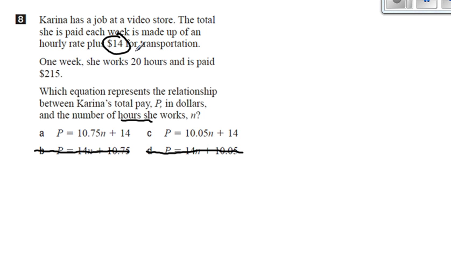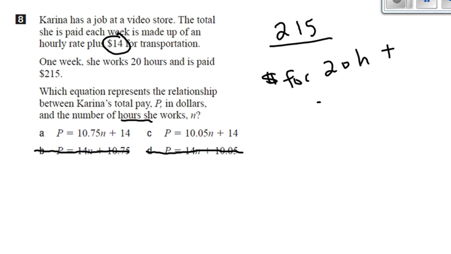So let's think again. So we know that 1 week, Karina got paid $215. So that was made up of a certain amount of money for working 20 hours plus $14 flat rate. So in order to figure out what this amount of money is, I'm going to subtract $14. That gives me $201. So $201 for 20 hours of work